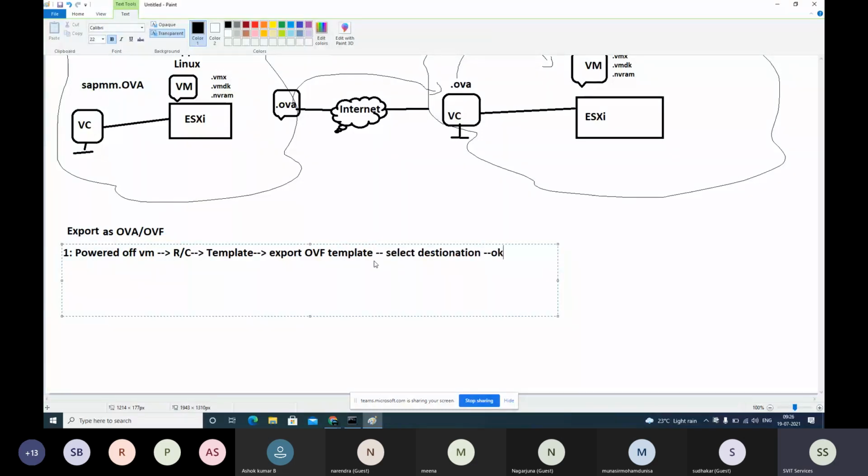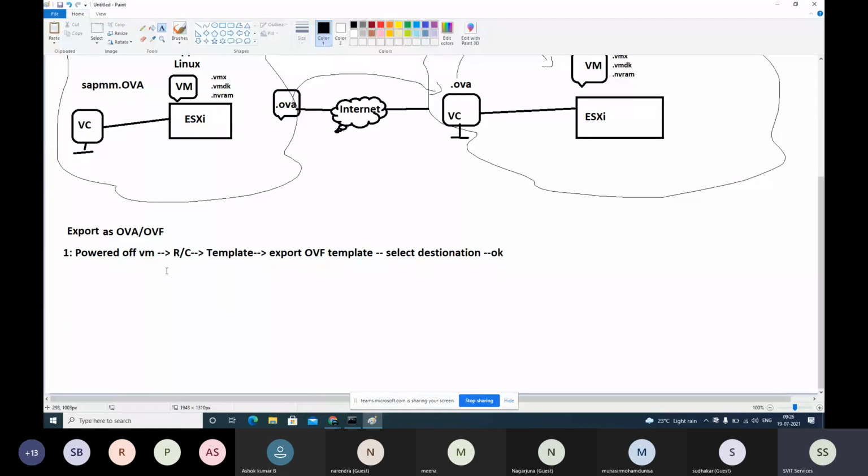Say okay. Powered off virtual machine, right click on it, template option, export OVF template, and select the destination where you want to place it. You have to place it on a destination, right? Select, and if you want to import again using OVF to create a VM,